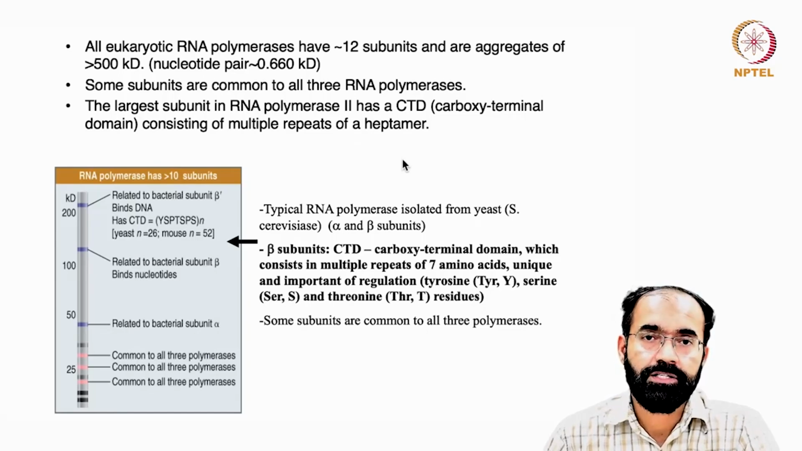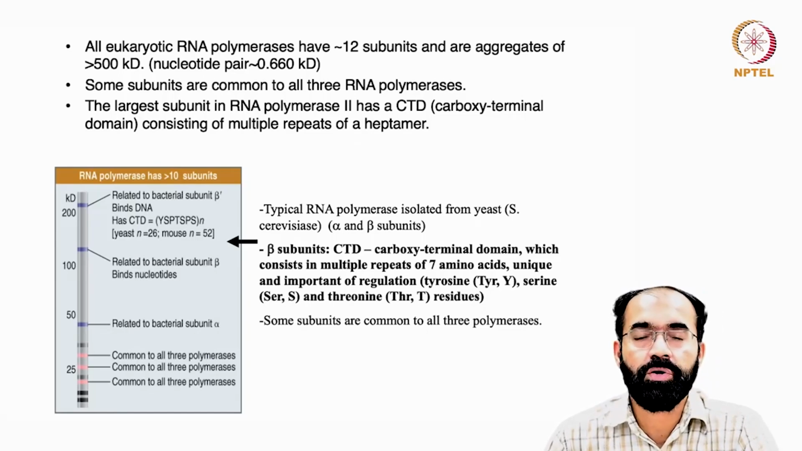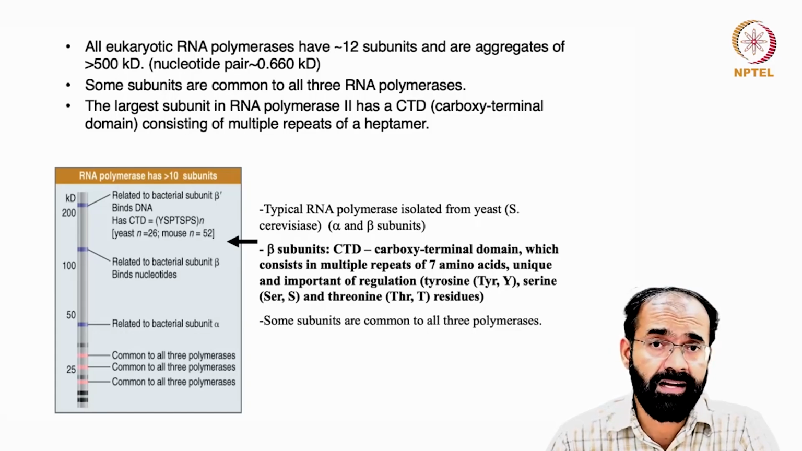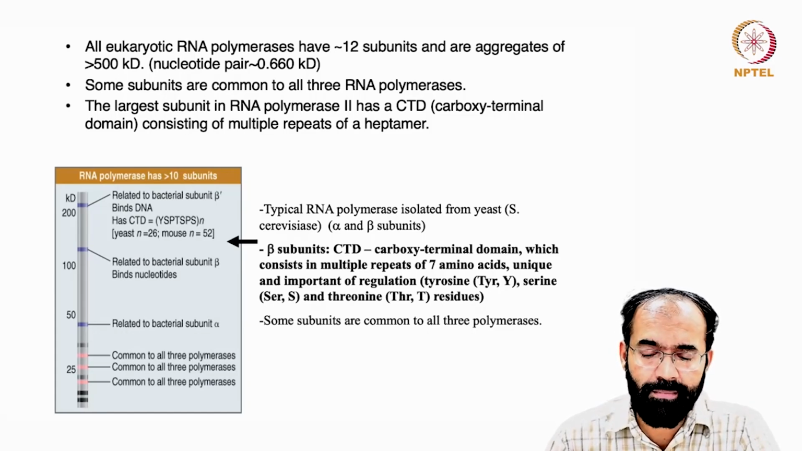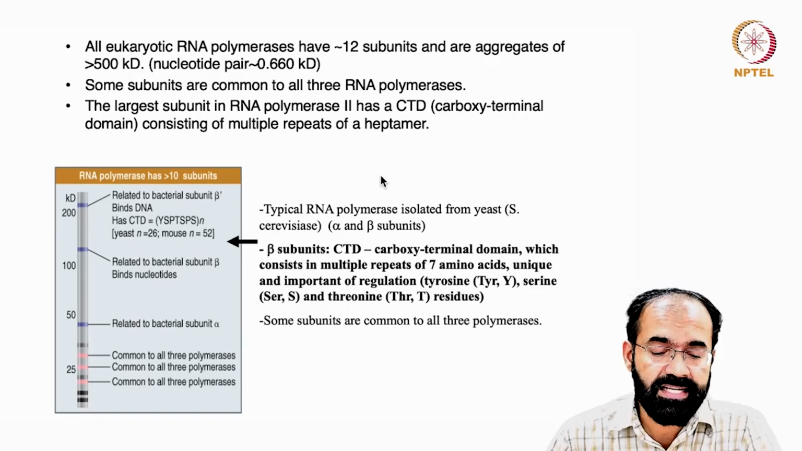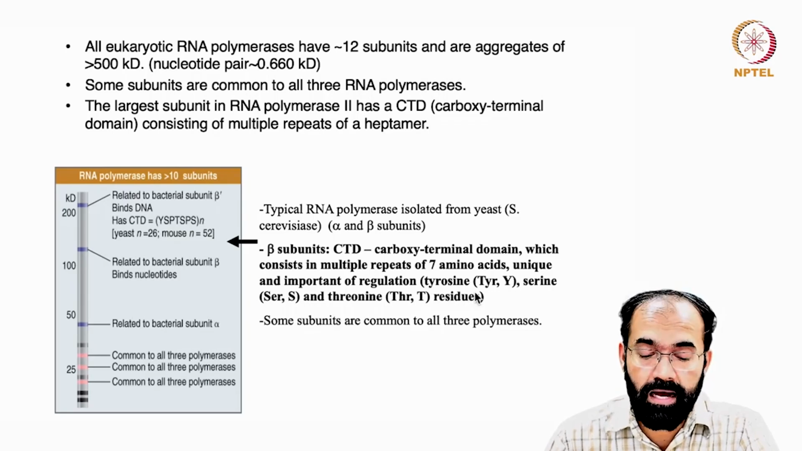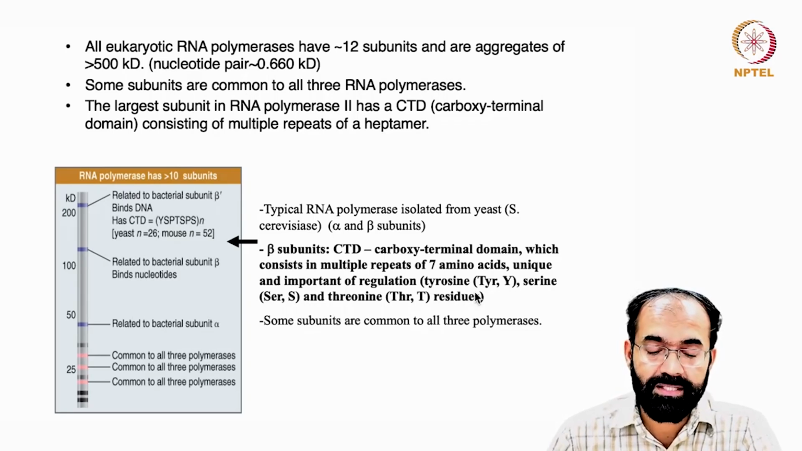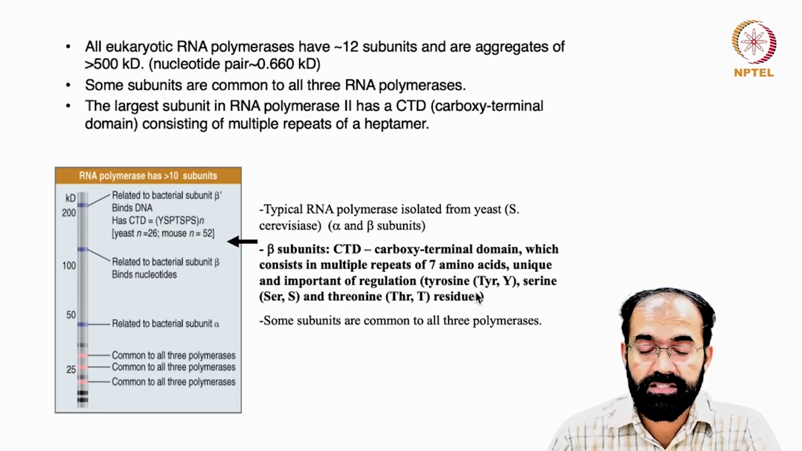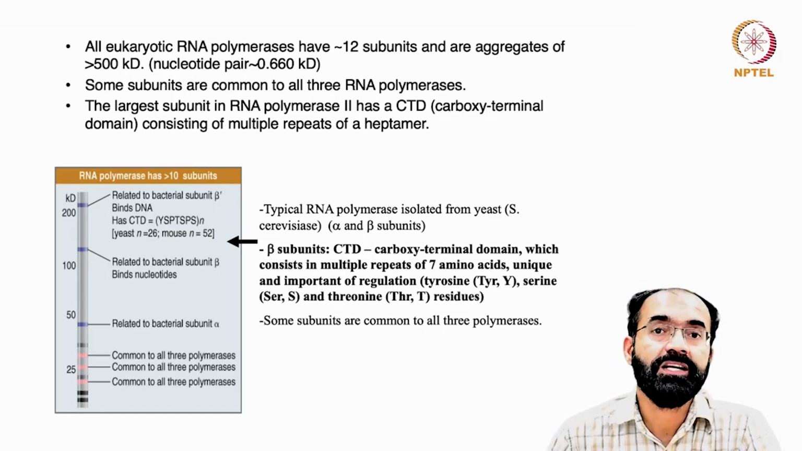So the carboxy terminal domain consists of several repeat elements of a heptamer. Hepta means 7. So you may have heard about this: mono, di, tri, tetra, penta, hexa and hepta. So this heptamer consists of a unique set of amino acids that is present in the C-terminal domain. What you can see is that the C-terminal domain, which consists of multiple repeats of 7 amino acids, they are unique. And what are they? Tyrosine, serine, threonine,